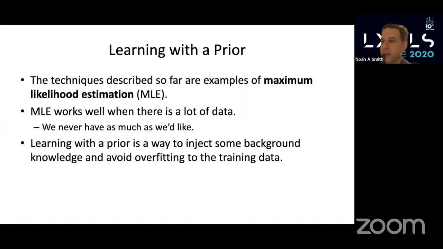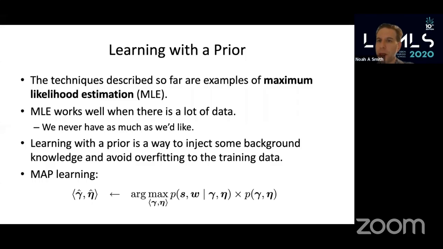The sort of practical thing to say about priors is that a good prior usually helps you avoid overfitting to the training data and helps you generalize better. There's a lot of philosophical claims we could go into about priors, but I'm basically just giving you the practical argument. If you're doing something like MLE with something like an HMM, a prior is probably going to help you do a little better. And so that leads us to something called maximum a posteriori learning, or MAP learning, where